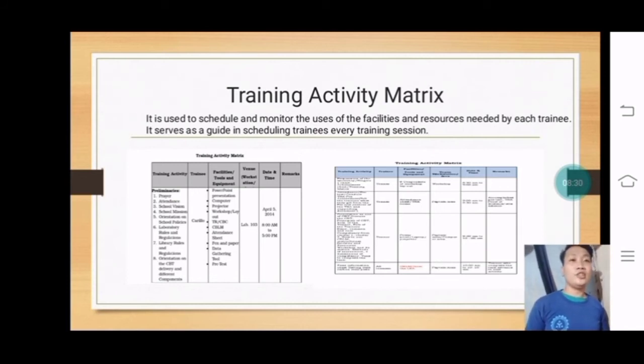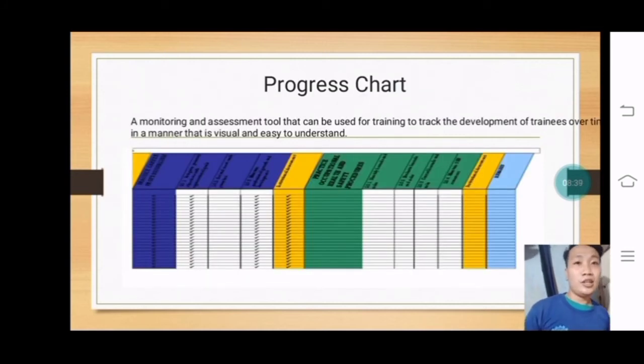So ito yung ginagawa natin dito, pag bawat gagawin natin ay naka-record yun. Next. Progress chart. A monitoring and assessment tool that can be used by trainers to track development of training over time in a manner that is visual, easy to understand. So ito yung progress chart na binabase kung naiintindihan kung kaya niya gawin yung isang